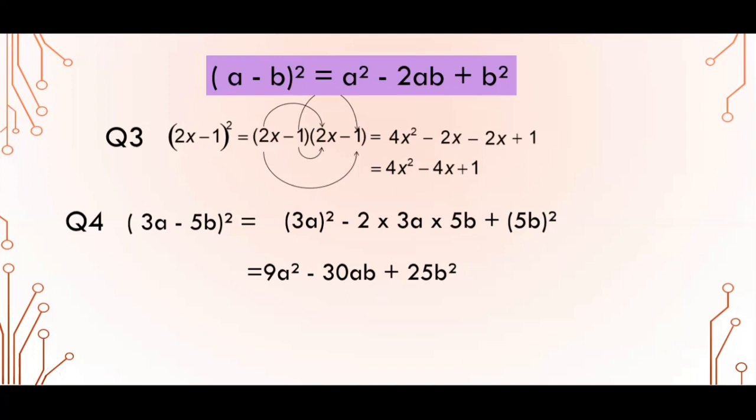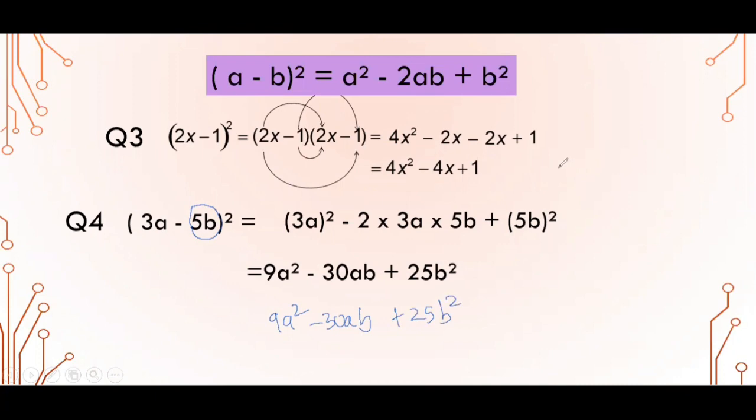Now, with the help of identities, this becomes much, much easier. If I take any other question here and start solving with the help of identities, let me take this one only. Directly I go here. If I have to put a square, that means it is 9a square. If I have to put minus 2ab, I just multiply. 2 3s are 6, 6 5s are 30, so minus 30ab. And b square, that means the square of this entire thing, which is plus 25b square.